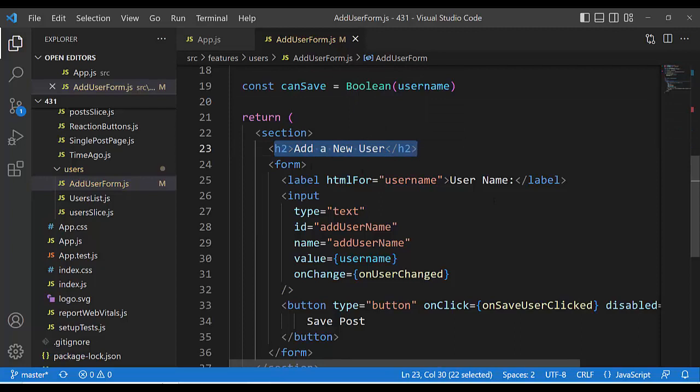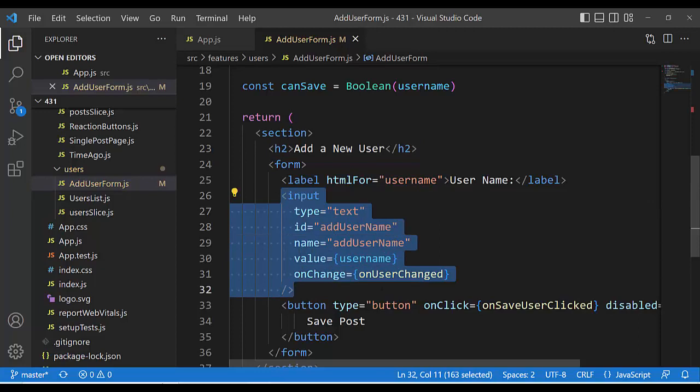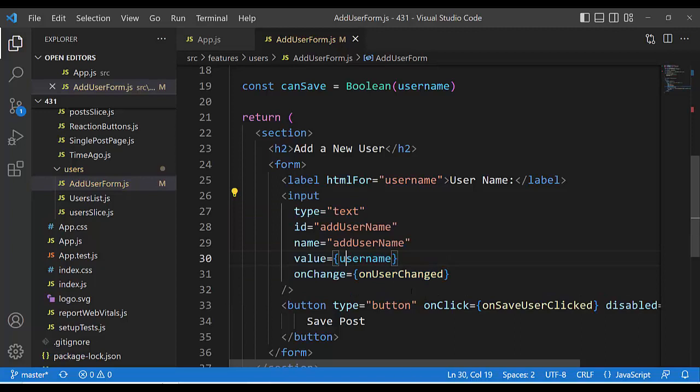Heading 2, add new user, form, label, username, and input. Input is interesting for us. Type text, ID username, name is add username, value is username,